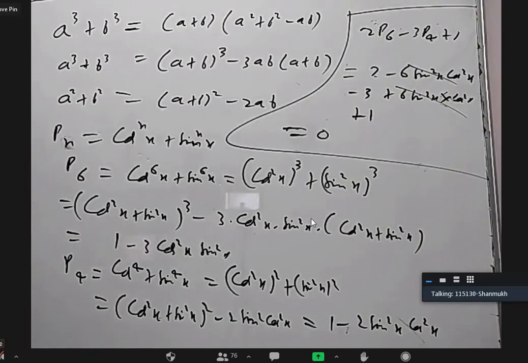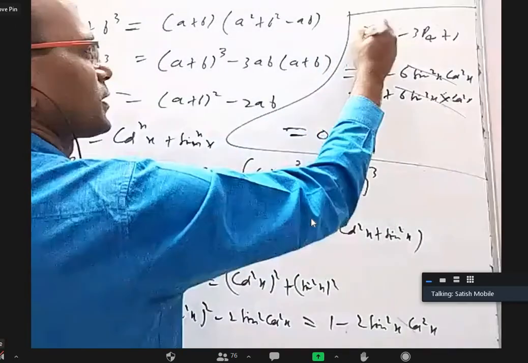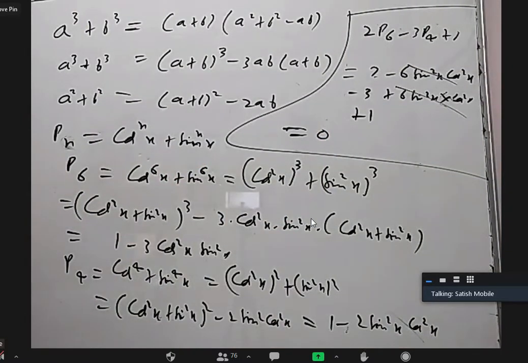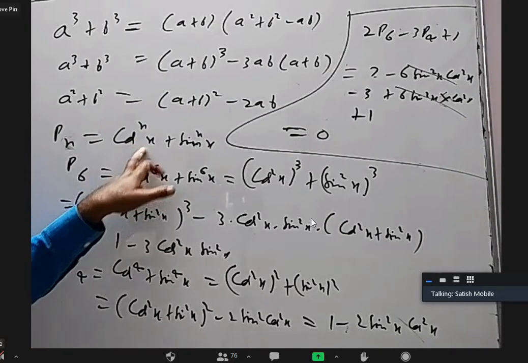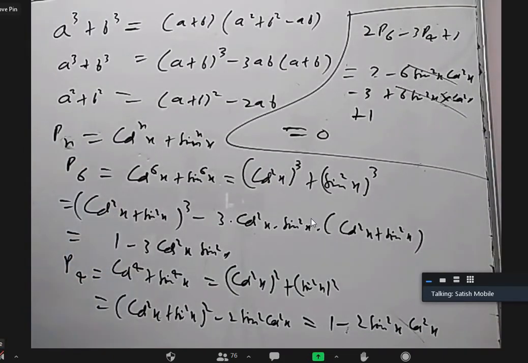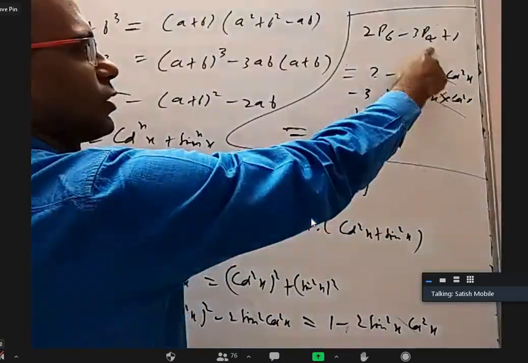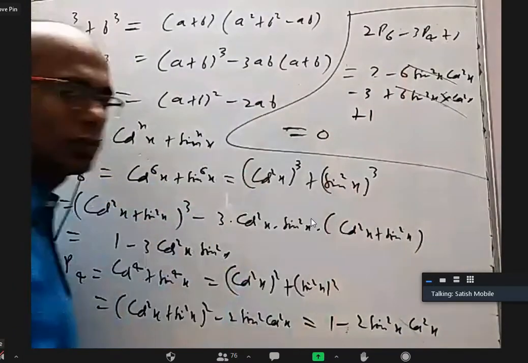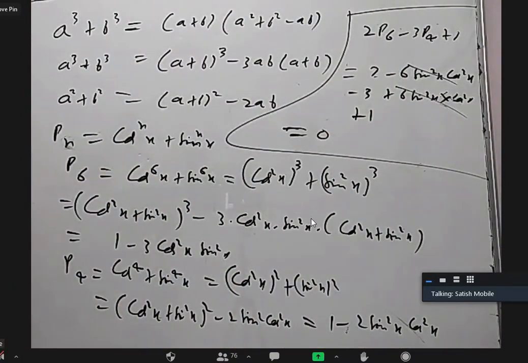Okay. I can tell you one easy method. It's not a nice method, but we can get the answer. In the options, anywhere x is there? Nowhere. In the answer, there is no x, which means the answer should be independent of x. You take 0 degrees directly in the question. Pn, cos 0 is 1, sin 0 is 0. So Pn is always 1. P6, P4, P10, anything is 1. So P6 is 1, P4 is 1. 2 minus 3 plus 1, it is 0. So when x is 0 degrees, the given expression is 0, which means for other x values also it should be 0. Otherwise, the question will be wrong.